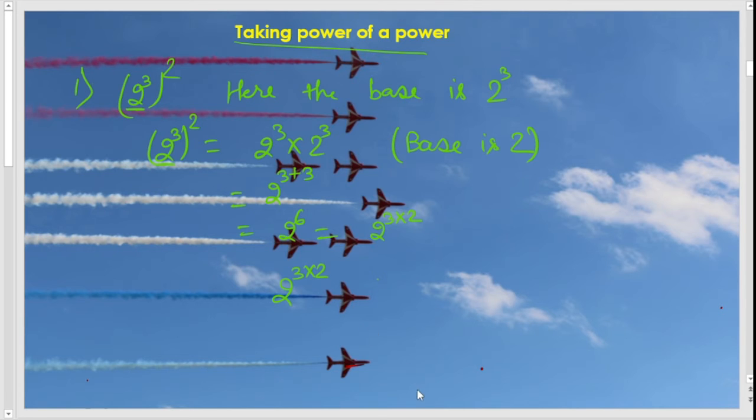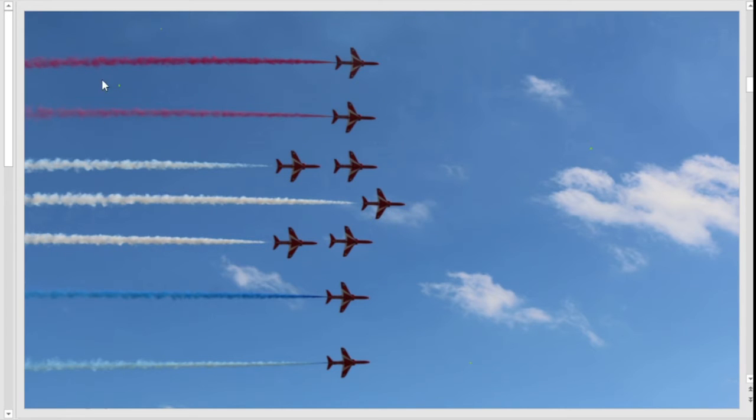We can take another example also to understand this. Next, 3 to the power 2 to the power 4. So we can write it like here 3 square itself multiplied by itself 4 times. 3 square into 3 square into 3 square into 3 square. So we can write it like here the base is 3 square,